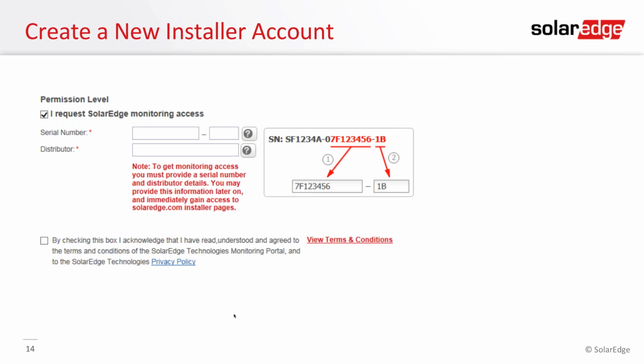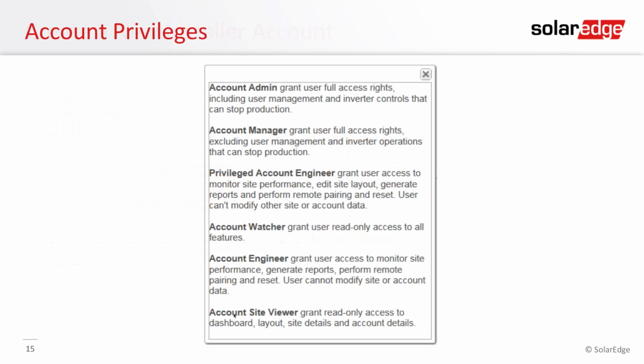Please take a moment to read our terms and conditions. Click the checkbox saying, yes, I've definitely read it. And from there, I'm sorry, moved a little bit too fast here. From there, after you submit your application, it's going to take SolarEdge approximately 24 to 48 hours to review and